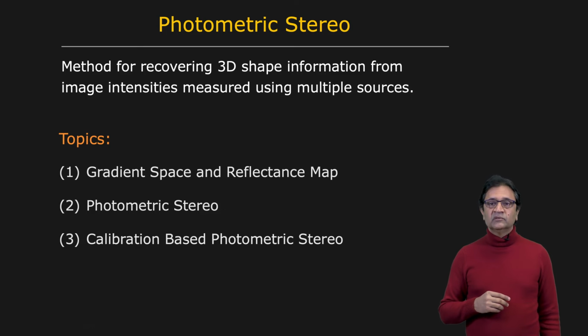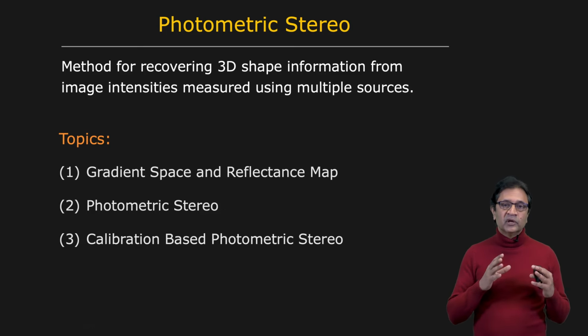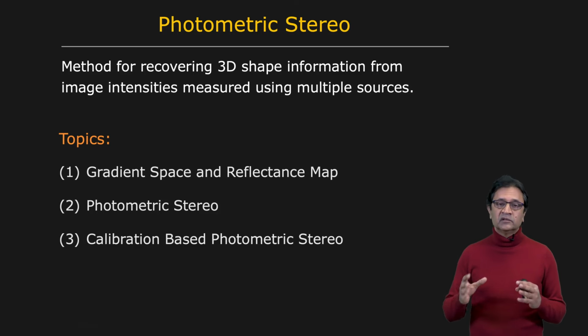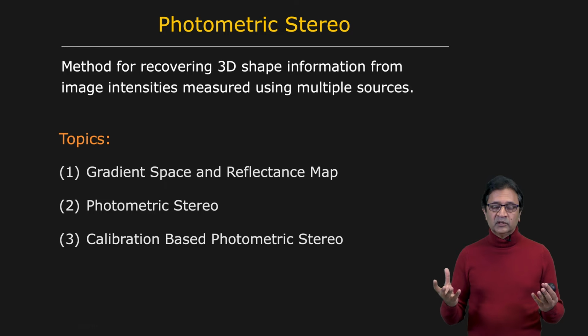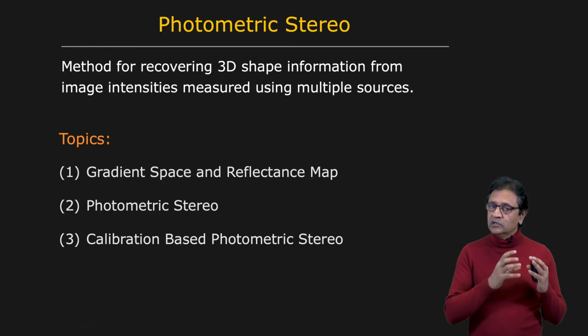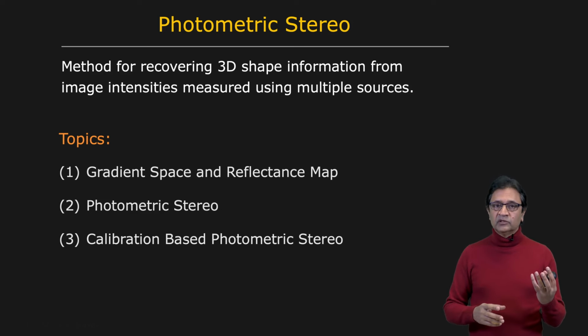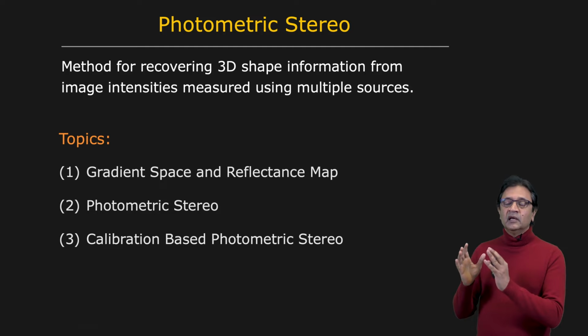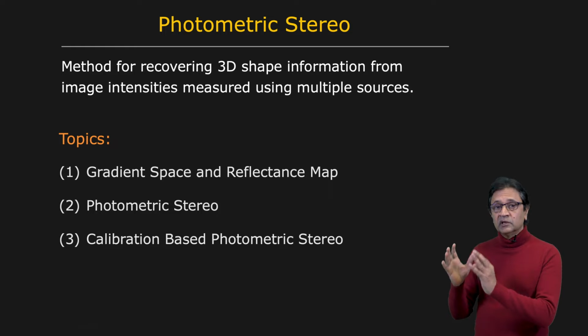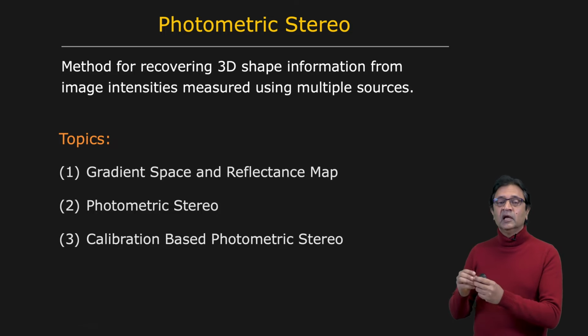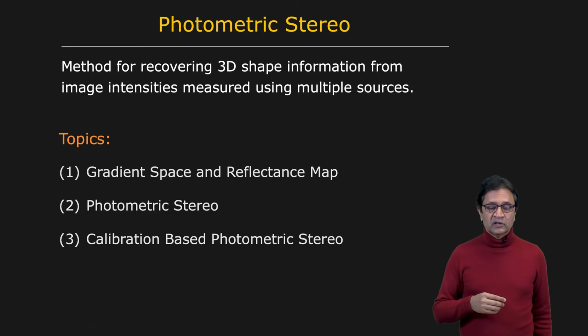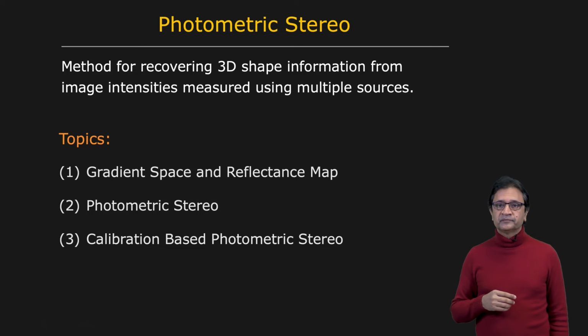So in this case, we can develop what's called a calibration-based approach, a data-driven approach. That is, let's assume that you're talking about painted objects. We can take our paint and paint an object of known shape with that same paint, and then use that calibration object to create a lookup table that allows you to then take image intensity values measured on the real object, the object of interest, and map them to surface orientations or surface gradients.